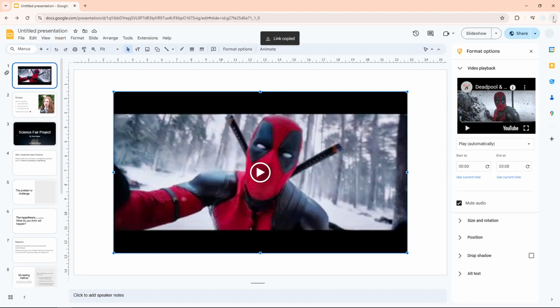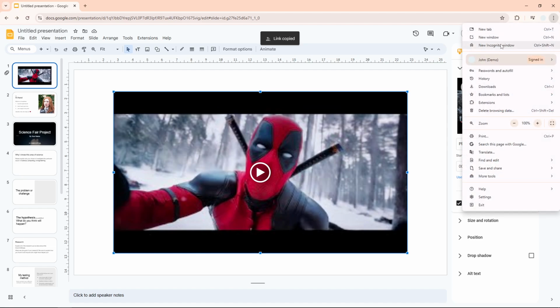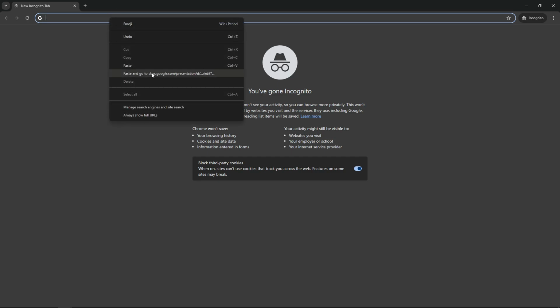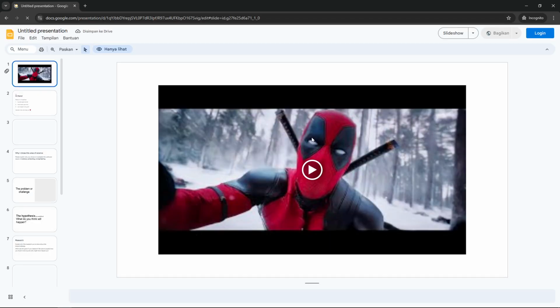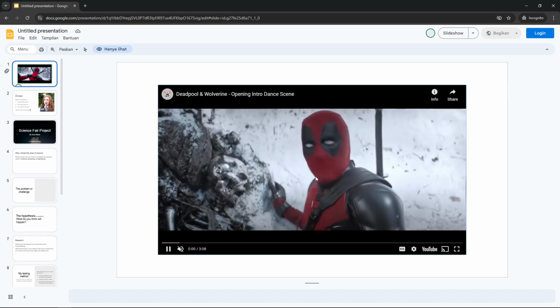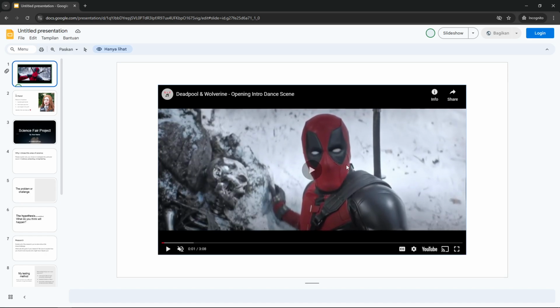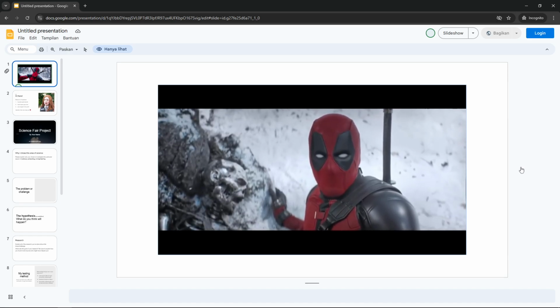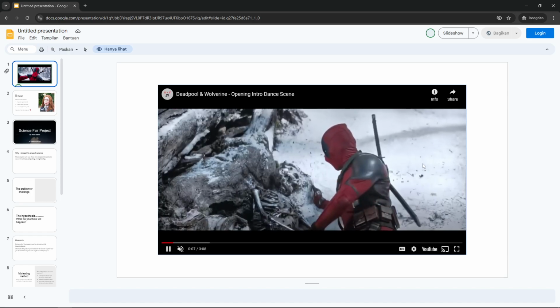Now I'm going to open a different browser window. I'm going to open incognito mode. Now let's go to the document. So this is the result, and yes, I can even play the video if I want to. So the video is running, and yeah, that's basically how you can insert a video from YouTube or from Google Drive